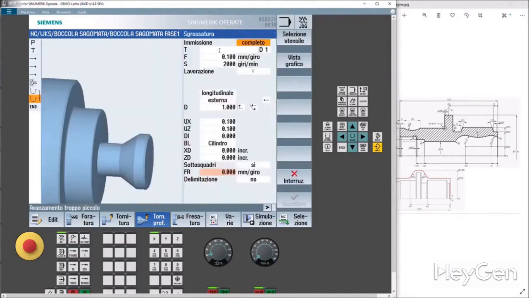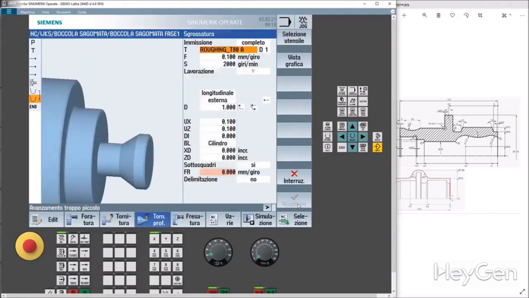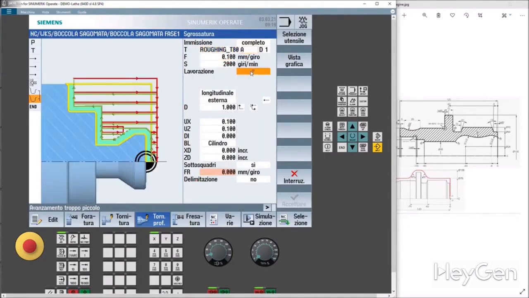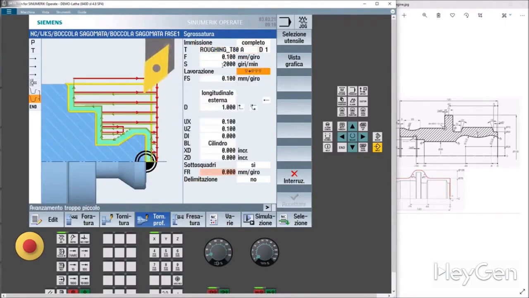We insert a roughing operation. We select the tool, the rhombic one. Can do everything for me. We give it the OK, a tenth per revolution. Now let's do something. What do we want to do? Roughing plus finishing. Here it is.